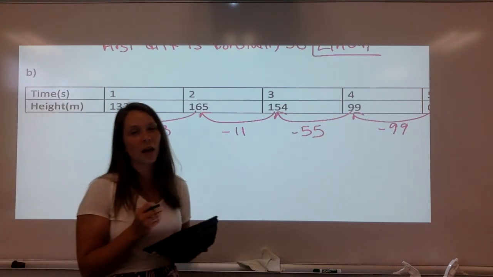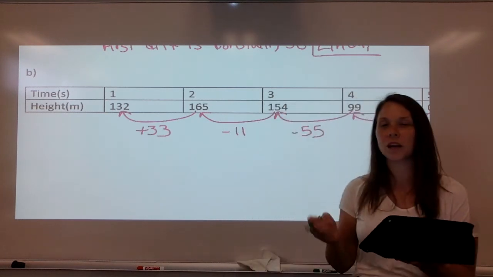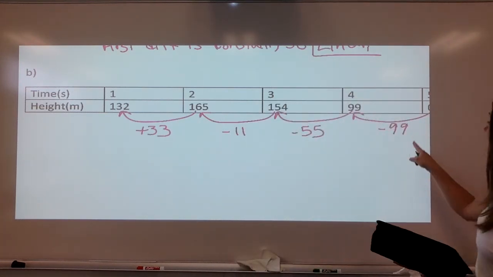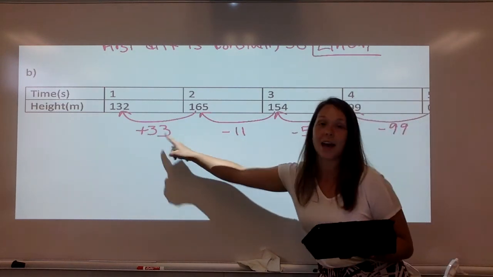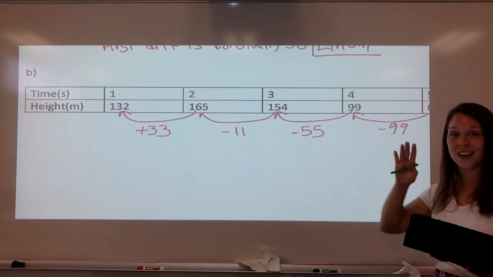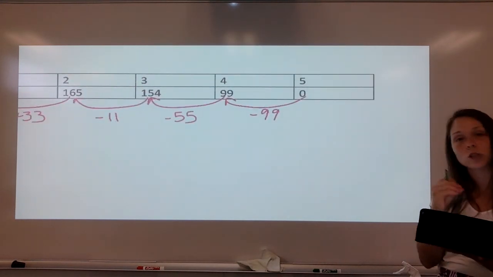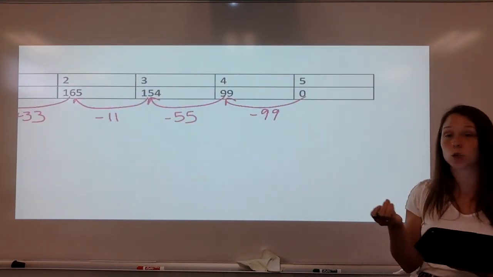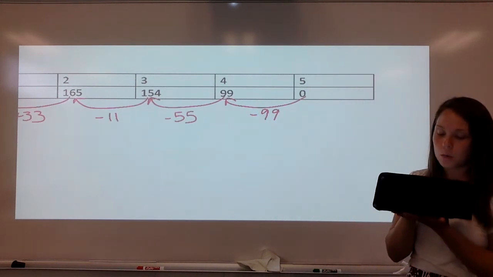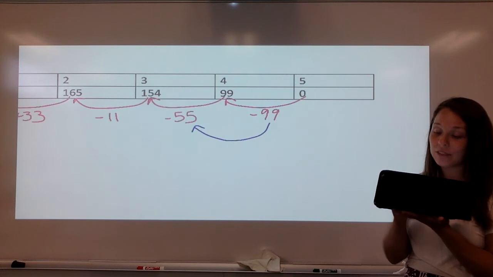And you might be wondering, okay, Mrs. Walker, I got here, but what do you mean do the process again? That doesn't make sense. What I mean is now we're going to take these numbers that I have written in pink, and we're going to subtract those starting from the end to the beginning. And this is why it's so important to make sure that you're keeping track of the sign of these numbers, if it's positive or negative. Because now we're going to take negative 99